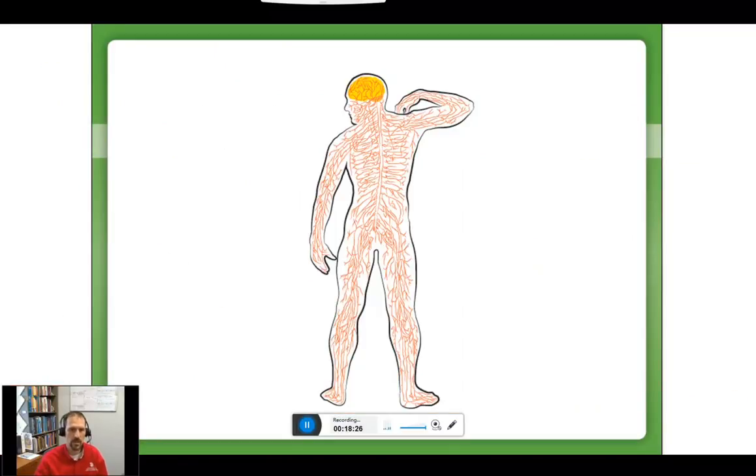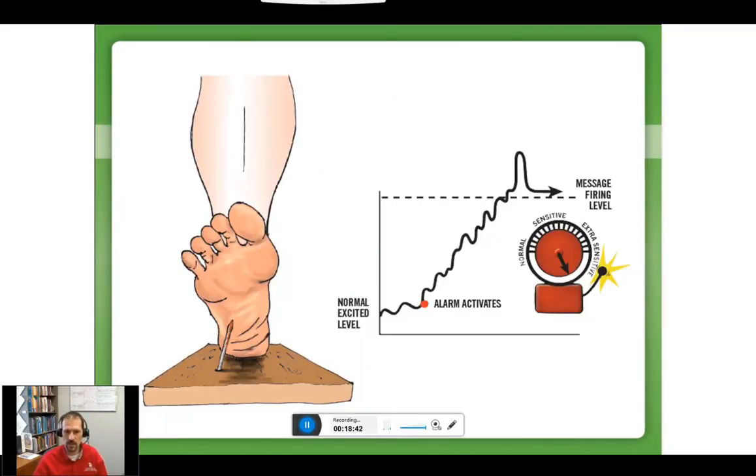So how do we go about doing this? Oftentimes it's done through stories and metaphors. We'll talk to somebody about their wonderful human body and help them understand they have this wonderful nervous system that spreads 45 miles worth of nerves all throughout their entire body. Those nerves are just waiting there to be activated. So for example, if you stepped on a nail, that nervous system is going to wake up, that alarm's going to be activated, and it's going to send a message. The message is going to be received by your brain, most likely to have you take action: take the nail out, go get a tetanus shot, maybe remember to wear shoes around rusted nails. It's going to create action.